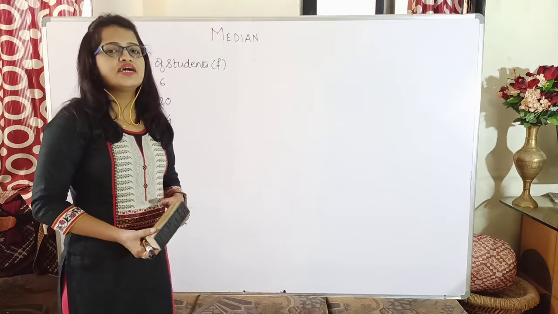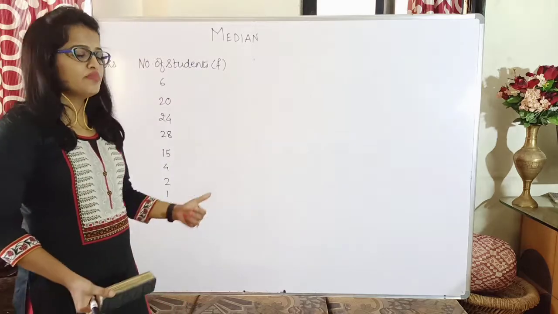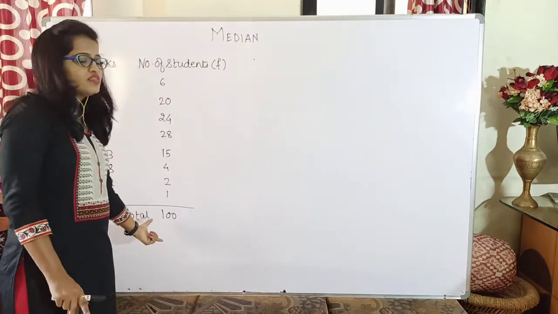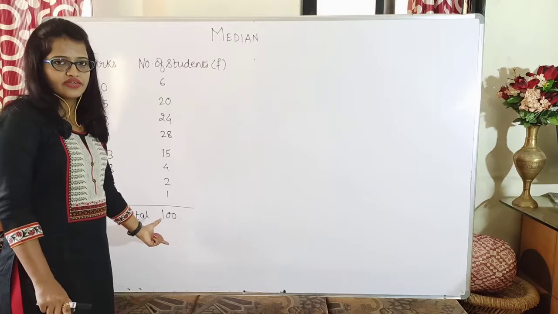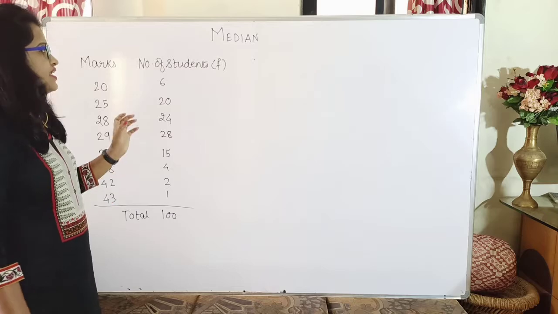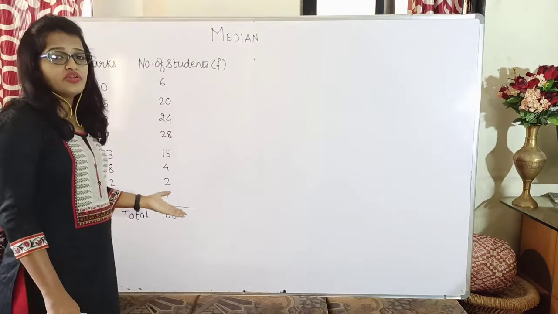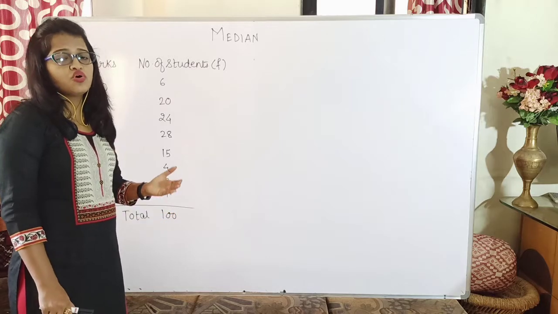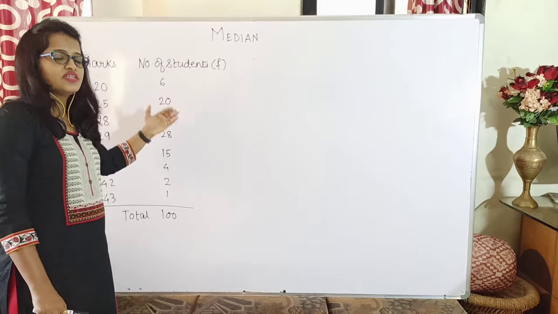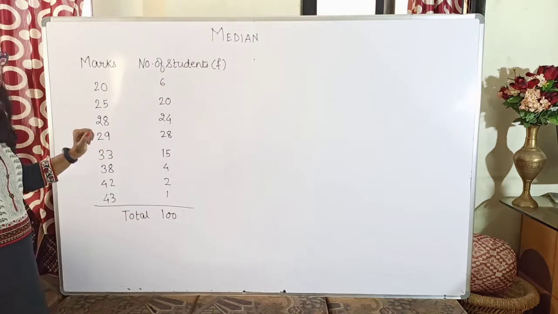Now let us see how to find the median of data when the data is big enough. So here I have written one example wherein the total number of observations is 100. Fine. First thing, for finding the median, the data has to be arranged in ascending order. Whenever you make a frequency distribution table, you always write the values in ascending order, starting with the lowest and going to the highest value. So the data is already arranged.